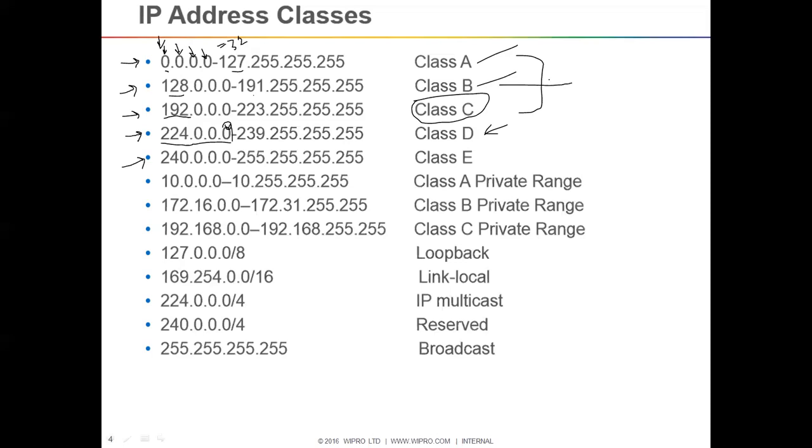In class C you will see a large number of networks but a small number of hosts. In class B you will see a higher number of hosts, and in class A you will see many hosts. Then we know the private ranges. All these IP addresses are owned by IANA. They left three ranges: 10.0, 172.0, and 192.0. These three subnets are the private ranges. These are free; apart from these, if you use anything else, you need to pay.